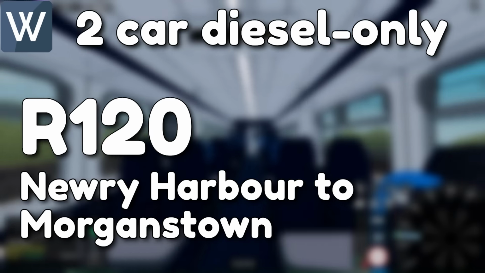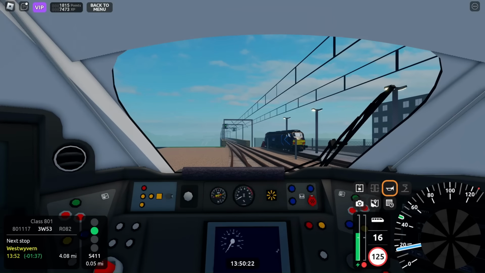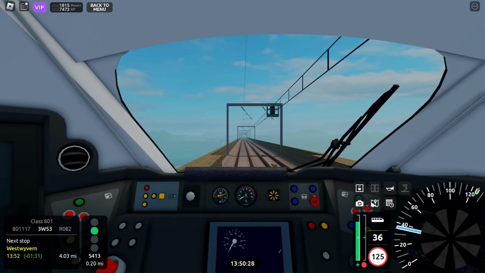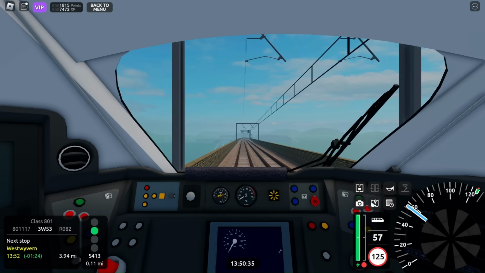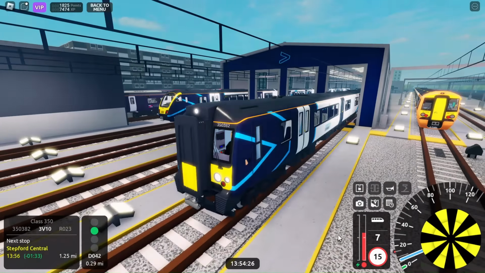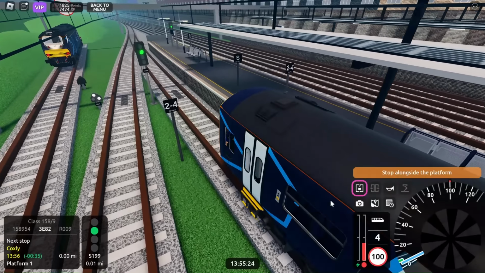Now for sound upgrades. The changelog gives mention to new IET sounds. They now sound like this. It mentions the Class 313 horn. It also mentions the Class 350 horn. It says that the door sounds of the Class 158